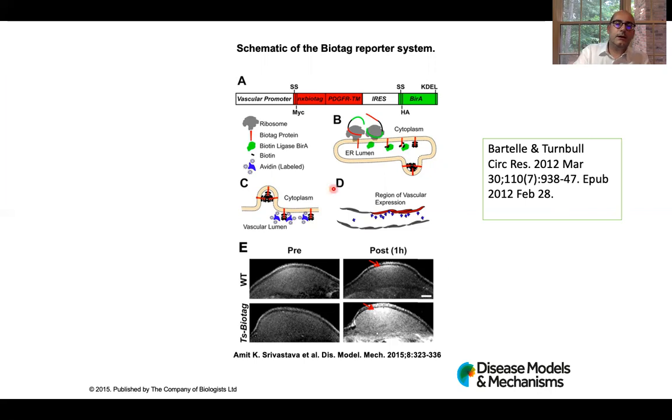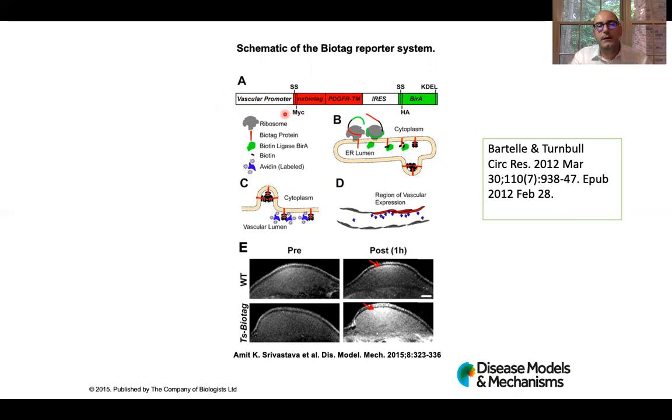And if we look at the construct, we have a vascular promoter that allows the reporter to be expressed only in blood vessels. Now note that beforehand, people mostly expressed the reporter genes in tumors,